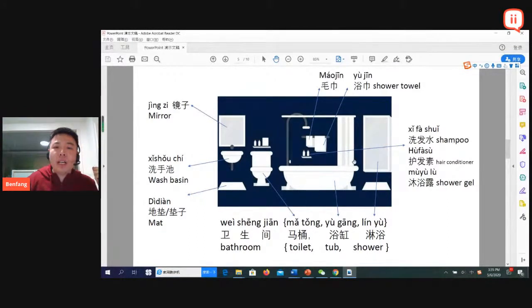The shower tub is 浴缸，非常好。But the shower part only, without the 浴缸, or the standing shower, it's 淋浴。